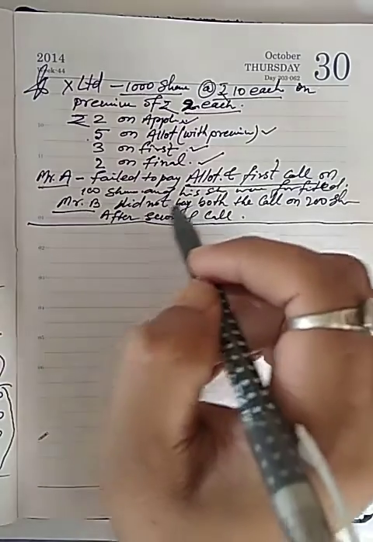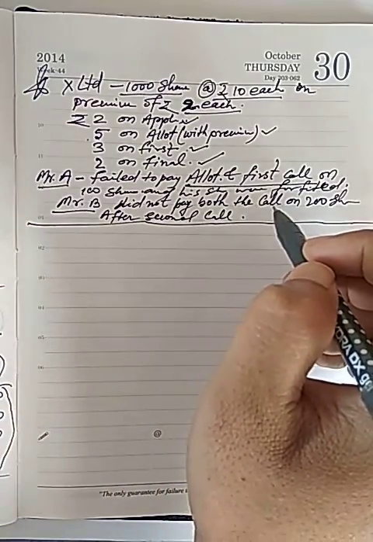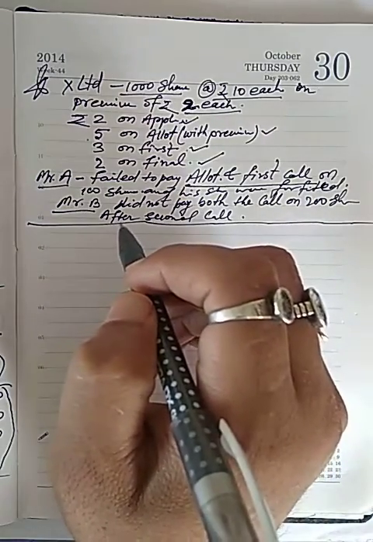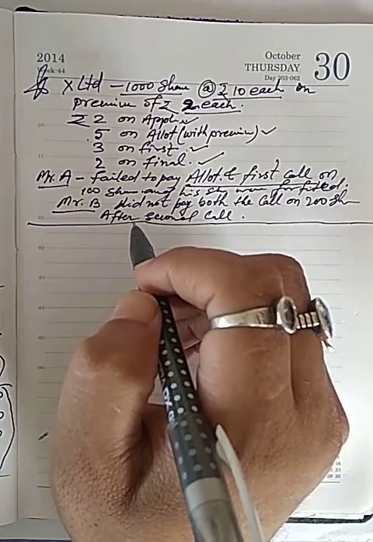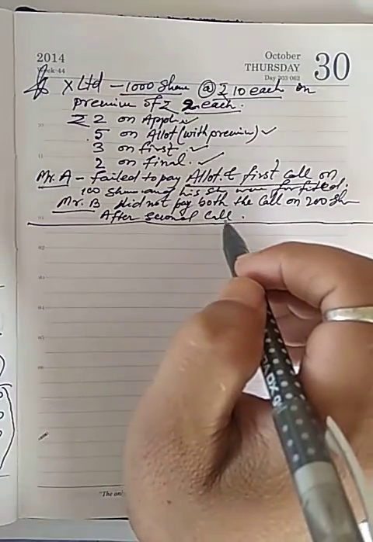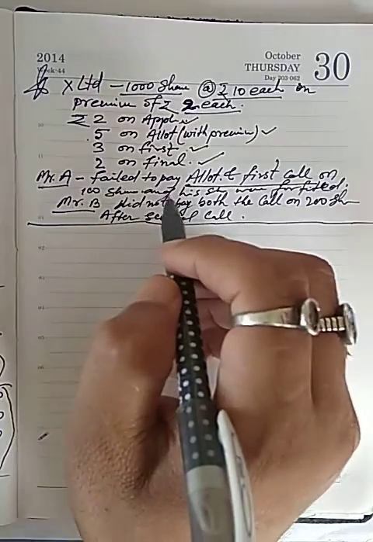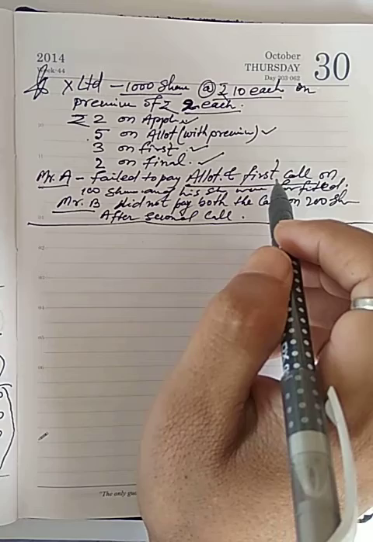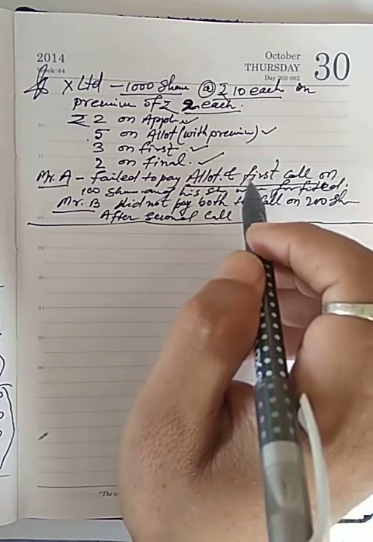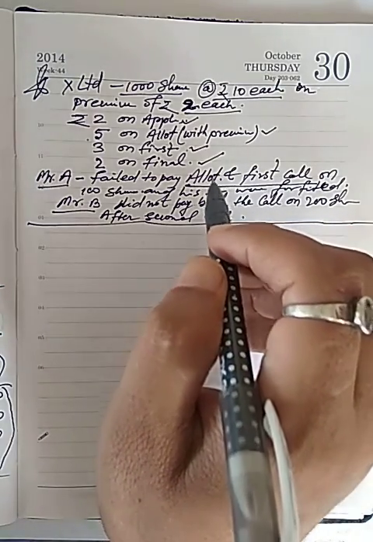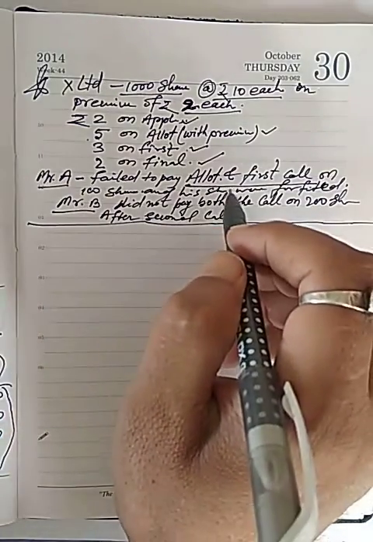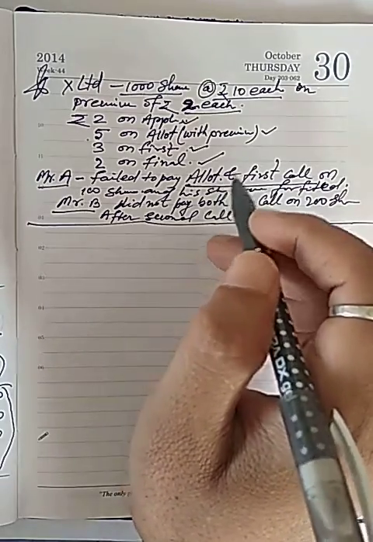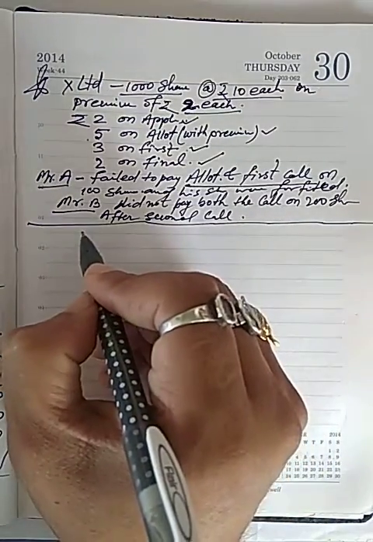Mr. B did not pay both the calls on 200 shares, and his shares were also forfeited after the second call. But Mr. A's shares were forfeited after the first call, because the question says Mr. A failed to pay allotment and first call. So, the first journal entry will be: